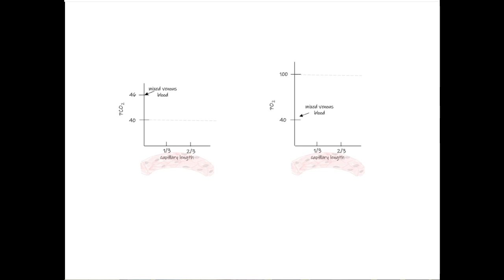Because different tissues extract different amounts of oxygen and produce different amounts of carbon dioxide, the mixed venous blood represents the average gas content of blood returning from the systemic circulation. As blood enters the pulmonary capillaries, carbon dioxide diffuses from the blood into the alveoli because the alveolar PCO2 is lower. As a result, the PCO2 of the blood falls until it approaches the alveolar value of about 40 millimeters of mercury. Remember that this movement of carbon dioxide across the alveolar capillary membrane occurs by simple diffusion, driven by